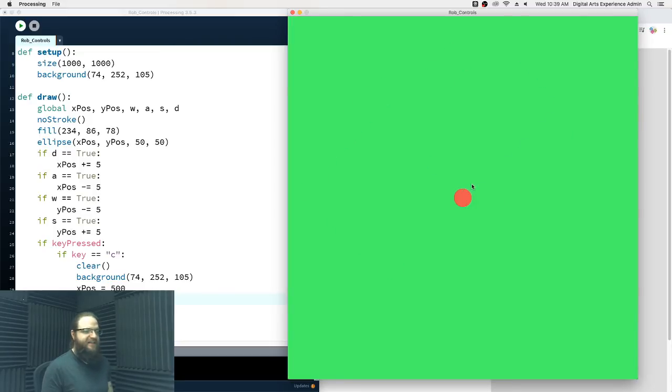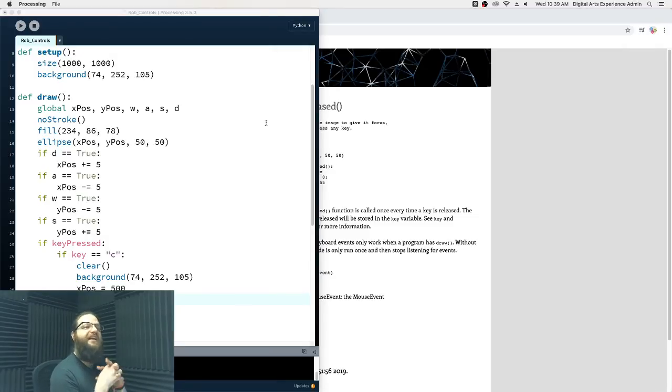And then if I hit C, it takes us back to the middle. That's pretty cool. All right, so that's cool. We've got ourselves a little bit of like an Etch-a-Sketch drawing program here. I think I would like to allow the user to change the color of our drawing shape. And I think I'd like to do that with keys on the keyboard, and I think